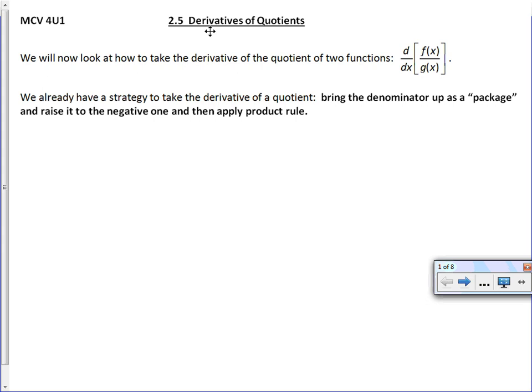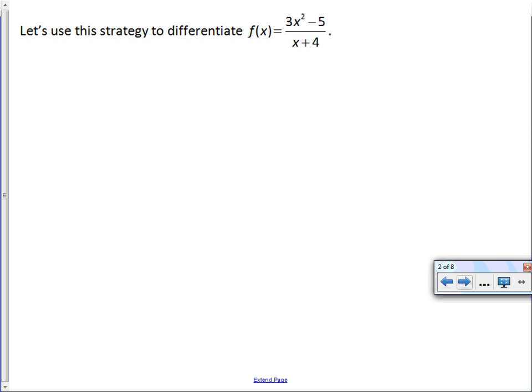So, technically, you already have a strategy to take the derivative of a quotient. And if you completely show what you know, you had to do it 3 different times, where you have to bring the denominator up as a package, raise it to the -1 or the negative exponent, and then apply the product rule. Okay? So let's use that strategy to differentiate f(x) equals 3x squared minus 5 all over